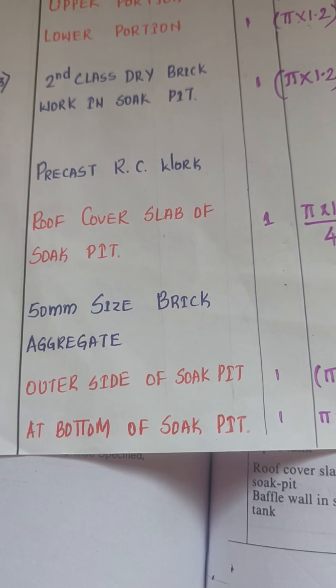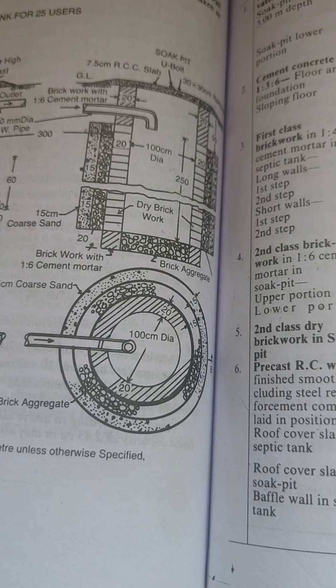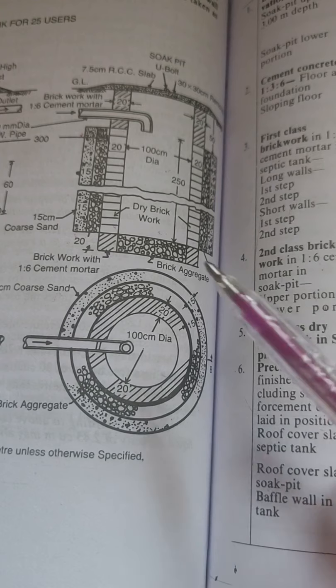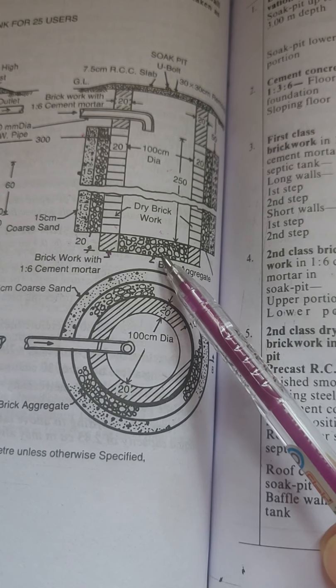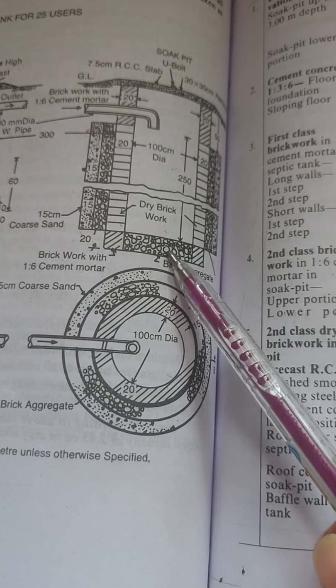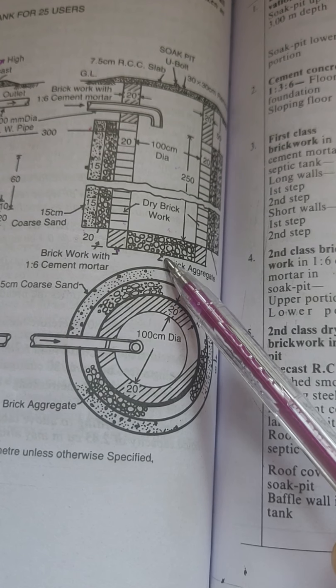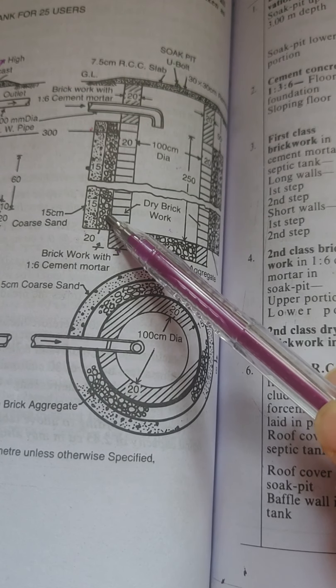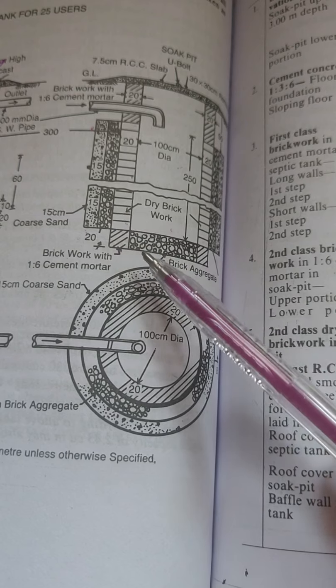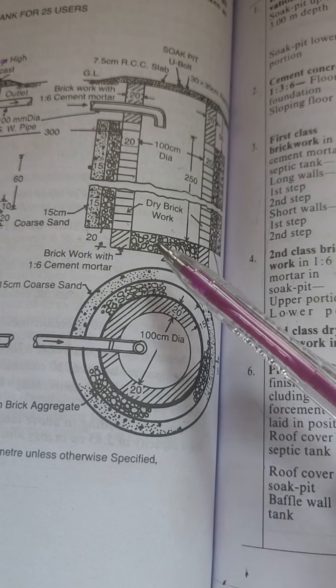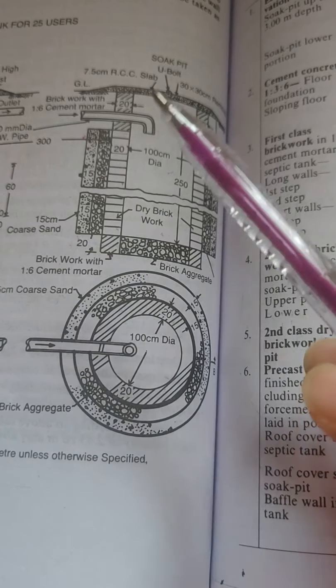Next comes 50 mm size brick aggregates. Now where are these 50 mm size brick aggregates? So he has mentioned here, these are the brick aggregates, and these are the brick aggregates. Now you see the difference here. Now this brick aggregate, what you see here,